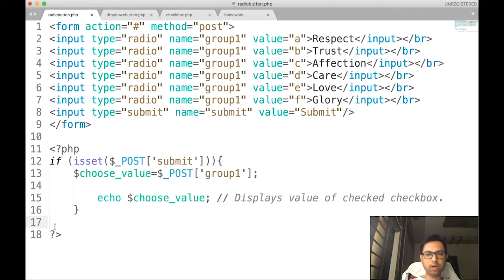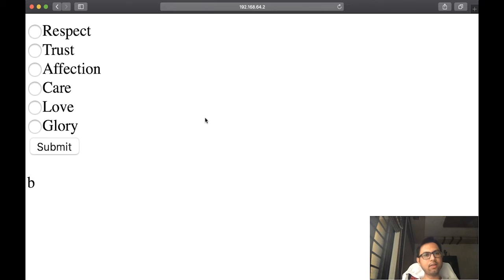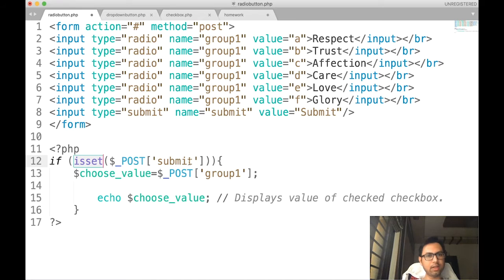We also covered this during JavaScript, how we are going to extract the information from the form. In PHP, first of all we check whether submit is clicked or not, using isset. If the user had clicked on this button, it returns true, and then we go into this if block.